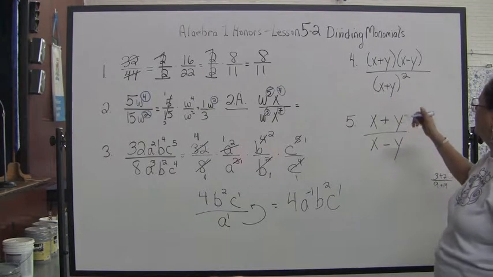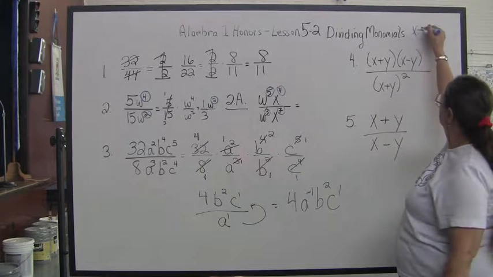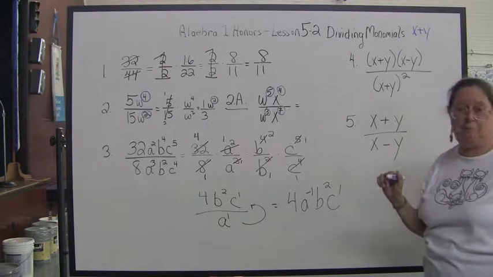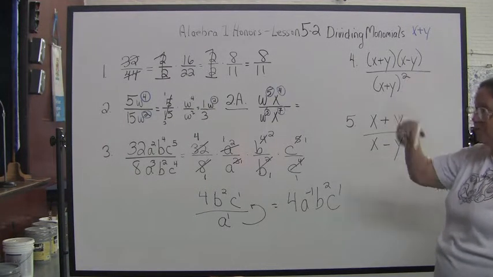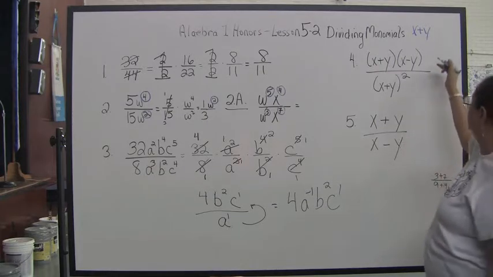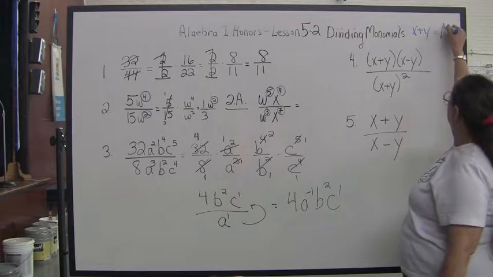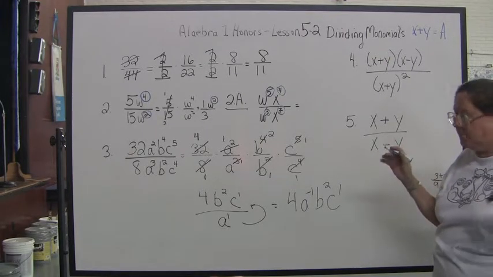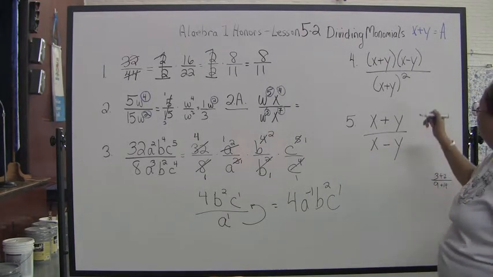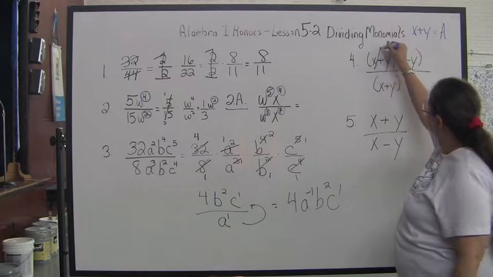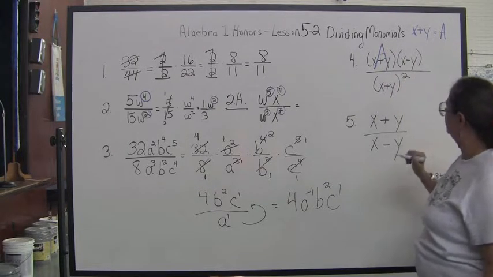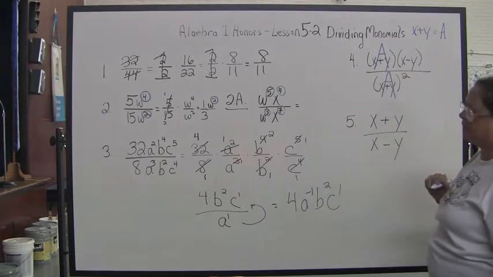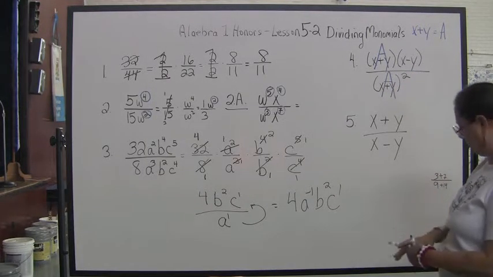So what if I think of x plus y, I just choose a new name for it. You can pick a letter, you can pick a box, you can put a star there, choose anything you want, but I usually say let x plus y be a capital A. You can pick anything you want, a capital B, a box. So there's an x plus y, that's like having an A, and down here is another x plus y. Okay? So now my problem,